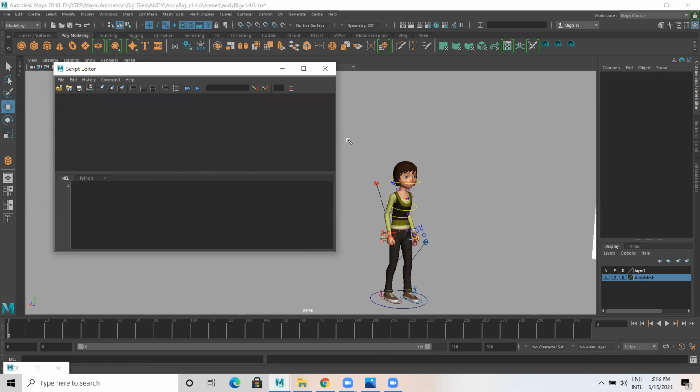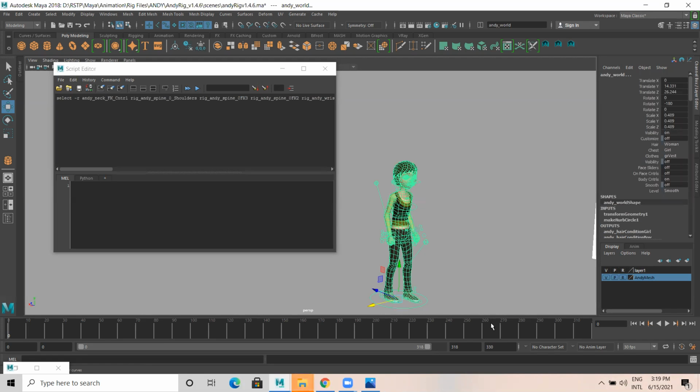Then what we have to do: we have turned off the joints, and I have turned off the model, meaning the mesh. Click and select all the curves, so remaining is only curves. I'm selecting all the curves. Now select this, Control A, select all the script here, meaning only all the controllers are selected. Then middle click, drag and drop into the shelf.